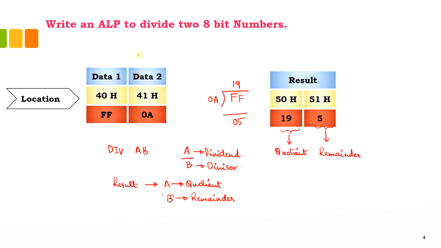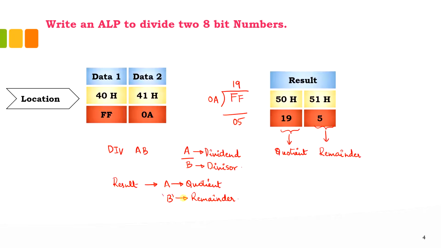So this program is very simple, just that we are using two memory locations because we need to store our dividend and divisor, and then we perform division using the arithmetic instruction DIV AB, and when we divide AB, it is basically A divided by B. So we need to see to it that our dividend is in the accumulator and the divisor is in the B register. After division, the quotient will be stored in the accumulator and the remainder will be in the B register.